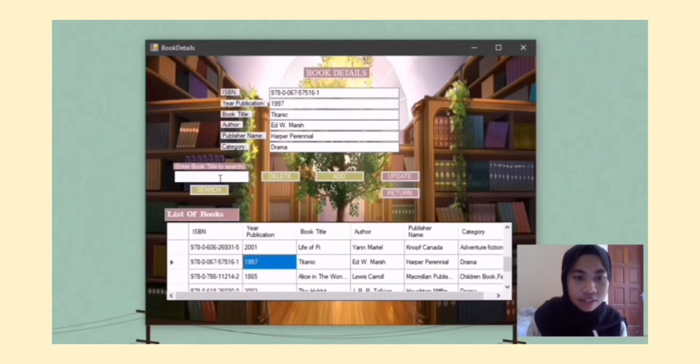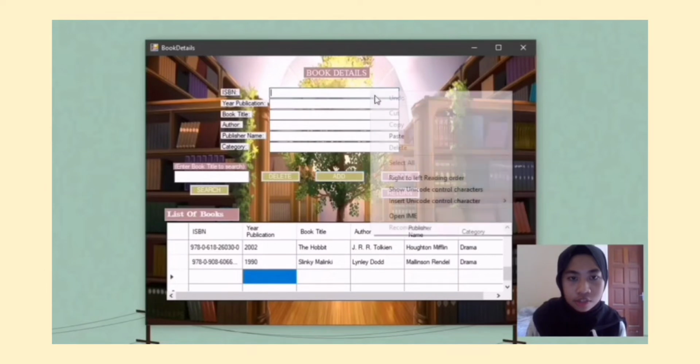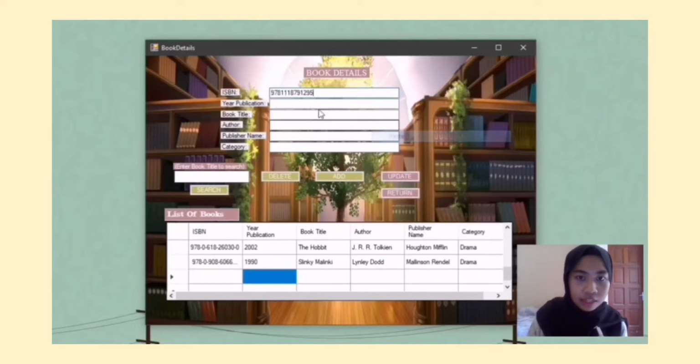And this is the text box for the user to make process of the book. They can either delete the book or add the book. For the blank space at the bottom of the list of books, user can insert new data of book, like they can just insert ISBN number,